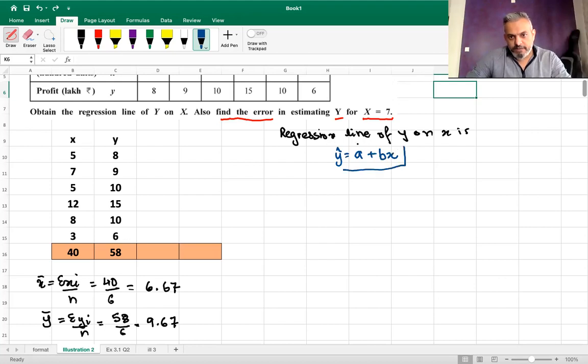This is our main equation. b of y on x, which is equal to b, which is equal to